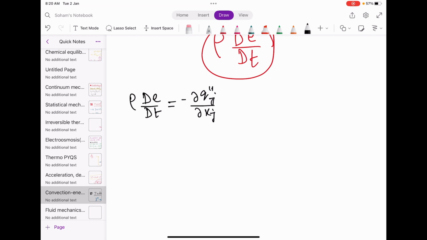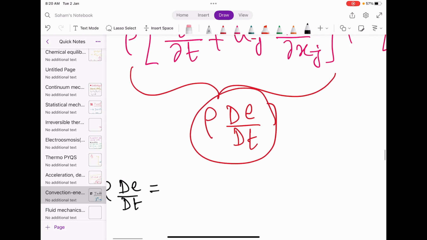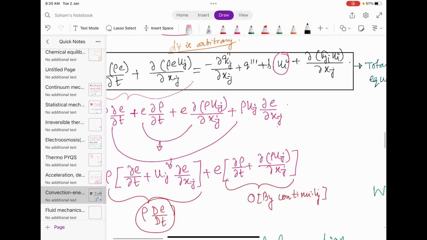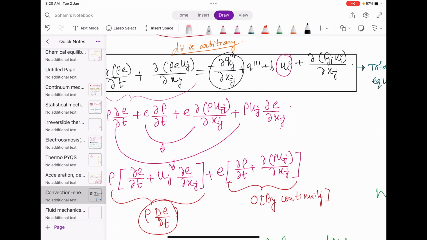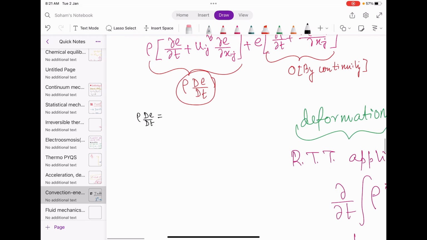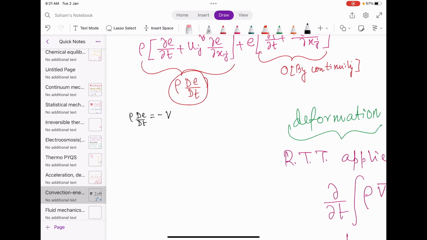Okay, so let us write in terms of the vector notation, then we will be acquainted with the vector notation also. So this is what? Divergence or the grad of q. Okay, divergence of q. And this is not a vector, and this is B dot U, and this is divergence of sigma into U, right? So minus of divergence of this plus this thing plus B dot U, okay, and plus